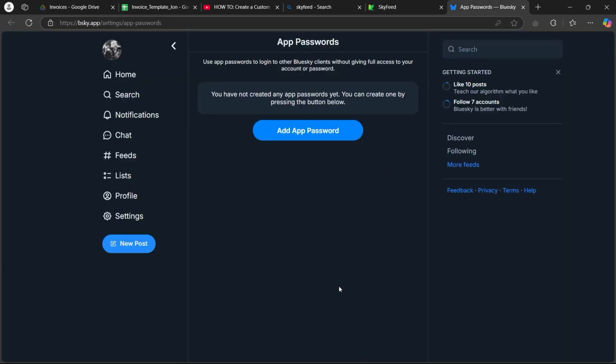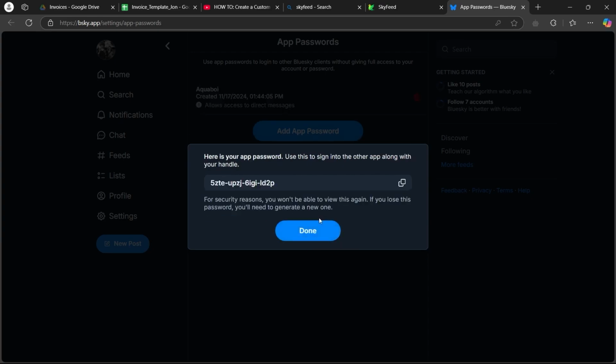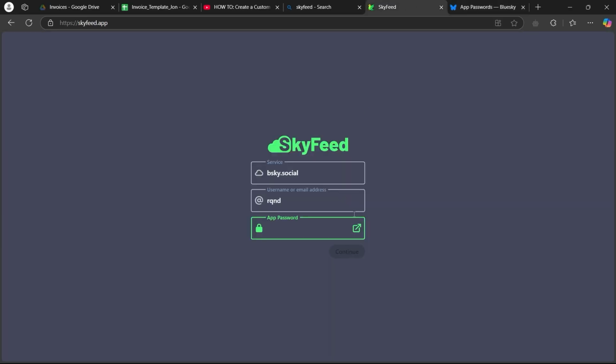Here, you'll be taken to this page where you'll have to click on add app password. Now, enter your app password and click on create app password. After you click on create app password, it is going to show you this page that will show you your app password. Now you can copy this, click on done, go back to Skyfeed, enter the app password and click